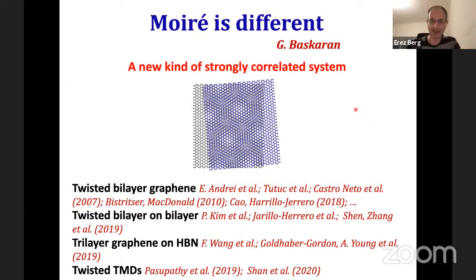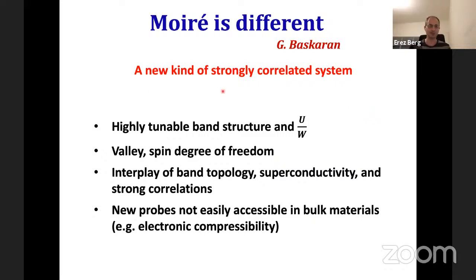And coming from a quantum material, strongly correlated perspective, this is really an exciting system. And I think there are various reasons for that. Let me just try to highlight a few. So it gives us an unusual tunability that we're not used to from bulk materials. So here's a system where we can essentially tune the ratio between the interaction and the bandwidth, if you like. By tuning a parameter, for instance, the angle between the two layers and therefore the size of a unit cell, we can actually tune U over W over an extremely large range. That's not something we're used to from bulk quantum materials.